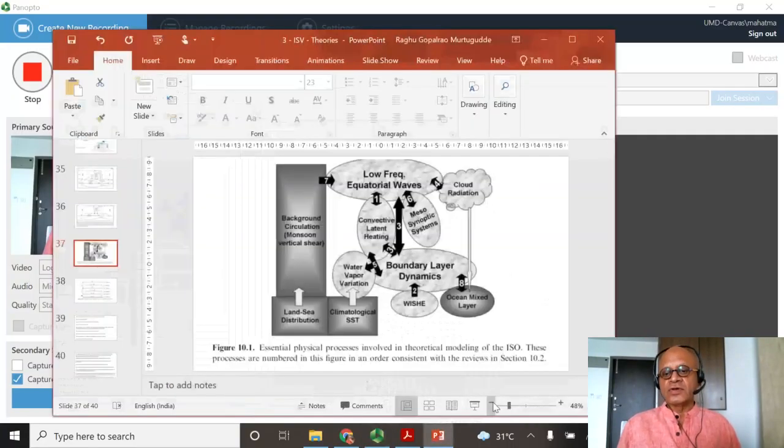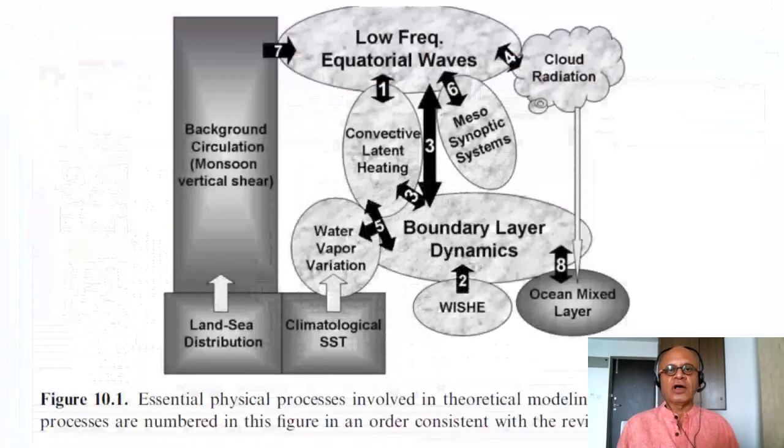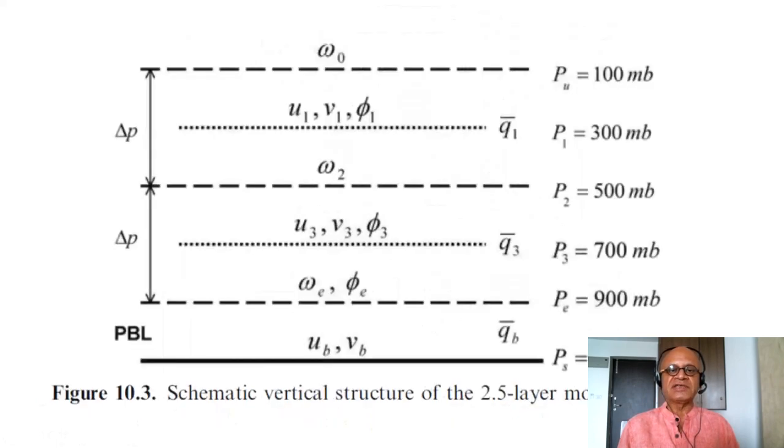Okay, let's conclude this section on ISO theories with a summary. We started with this figure, which was showing all the interactions that we thought were important, as you remember, and we went through all of them. So let's now summarize. We used basically this model with a planetary boundary layer and a free troposphere with 2